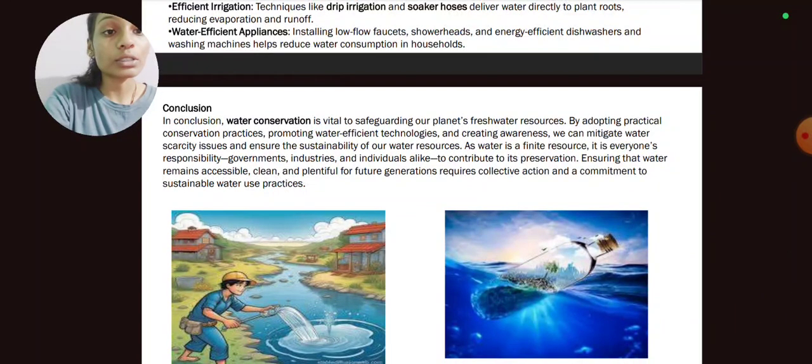Conclusion. Water conservation is vital for safeguarding our planet's freshwater resources. By adopting practical conservation practices, promoting water-efficient technologies, and creating awareness, we can mitigate water scarcity issues and ensure the sustainability of our water resources. As water is a finite resource, it is everyone's responsibility, governments, industries, and individuals alike, to contribute to its preservation. Ensuring that water remains accessible, clean, and plentiful for future generations requires collective action and a commitment to sustainable